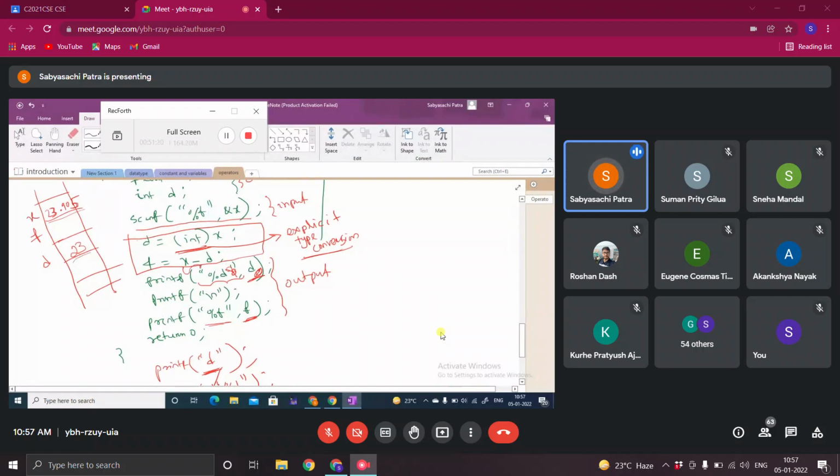Then f equal to what? X minus t. X is this one and t is this. So which type of type conversion will take place here in this case? Can anyone tell me? Implicit type conversion. So 23 is integer, it will be converted into real. You are doing 23.905 minus 23. So this is real, this is integer. So integer will be converted to real. How? By putting a decimal point. Then do the subtraction, result will be real only and the value will be 0.905. So you are getting the correct answer.